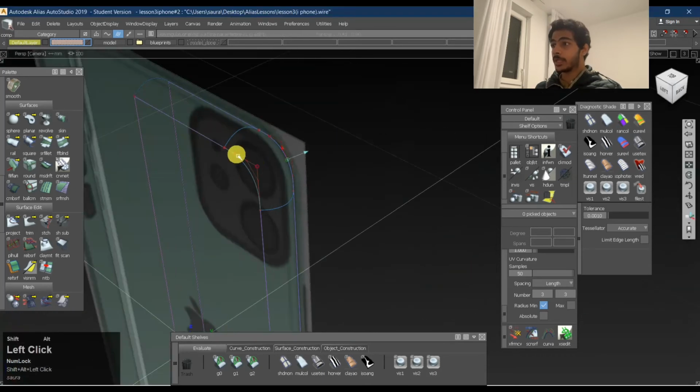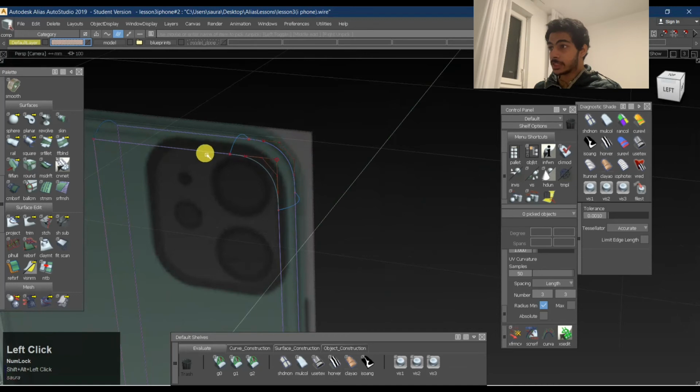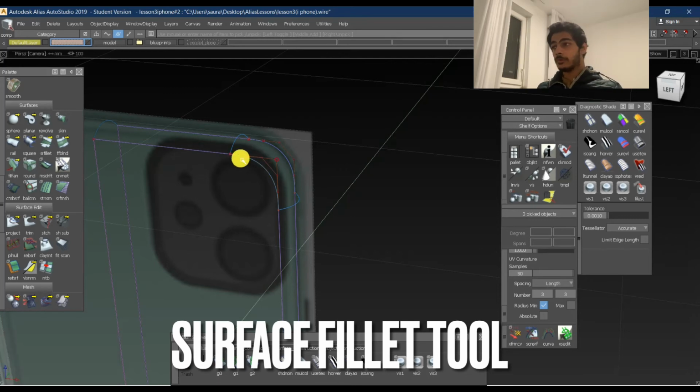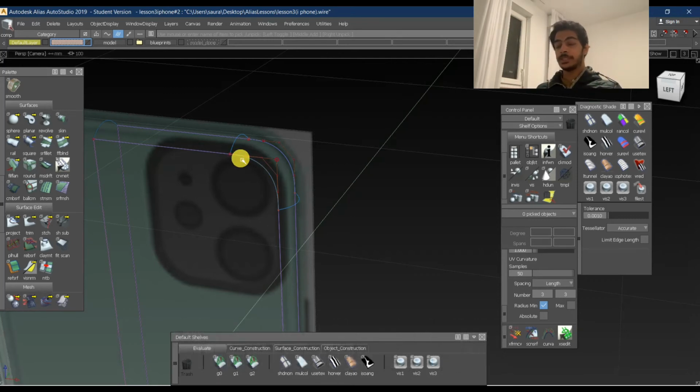So one last thing what I need to do is, we have achieved a sharp edge over here. We need to make it a bit smoother. We'll make a surface fillet over here. So right now we were working with raw surfaces. Now we have the surfaces. Now we just need to make a blend in between. So we'll go into